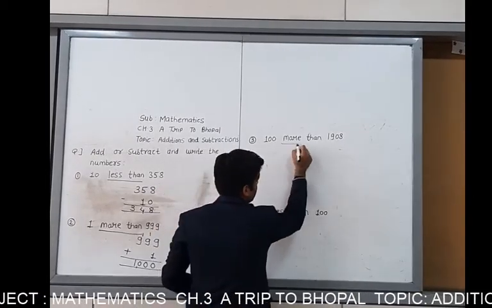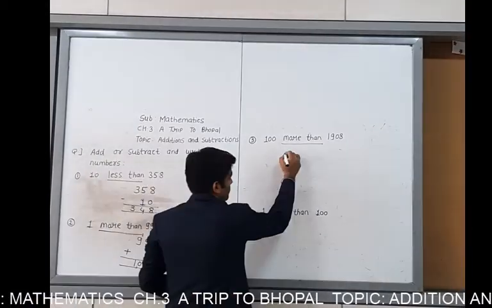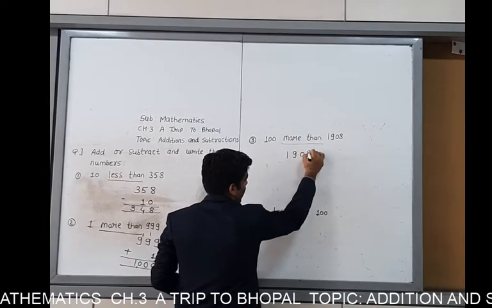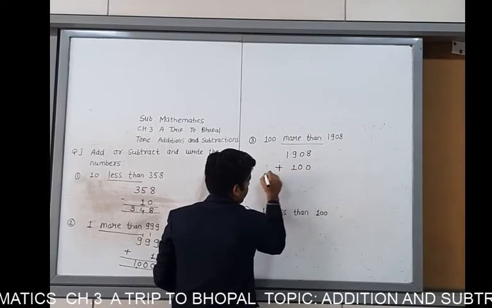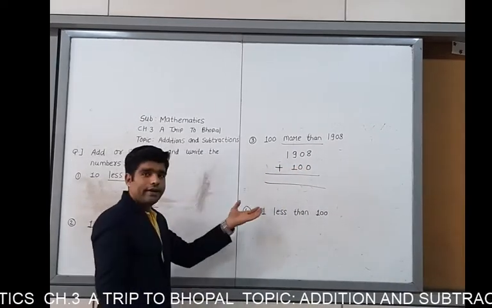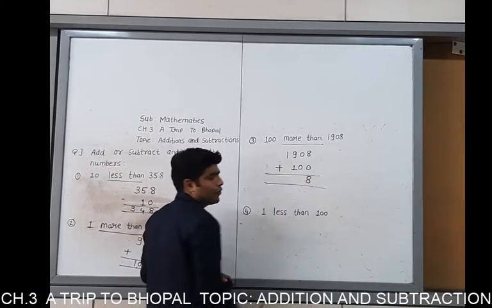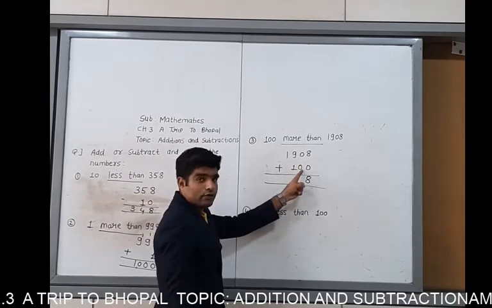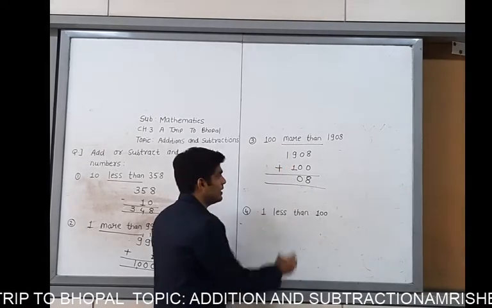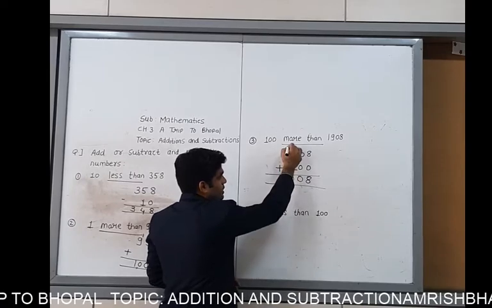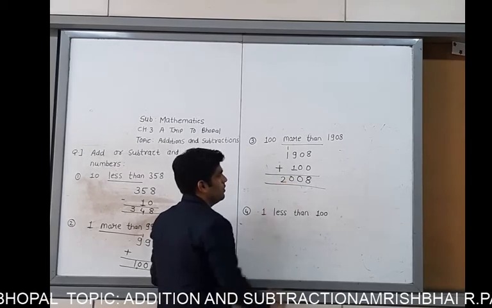Because the word more than is used here. So we have to do simple addition. 1908, we have to add 100. 8 plus 0 is 8. 0 plus 0 is 0. 9 plus 1 is 10, this is 0, 1 is carry. 1 plus 1 is 2. So your answer is